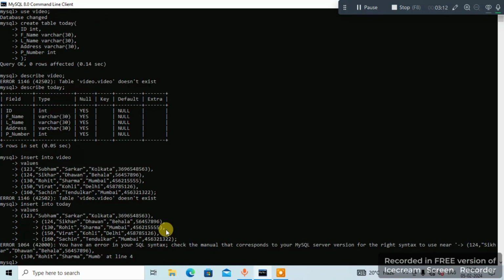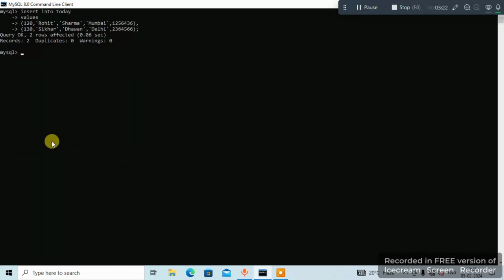So it's telling me there is some problem over here. Okay, so Mumbai, so there was some problem over there, so we have to check it out once again. Okay, so I fixed the issue, and you can see that I have entered only 2 datas inside my table today, that is 2 records. So records are 2, no duplicates and no more warnings. So now let's select